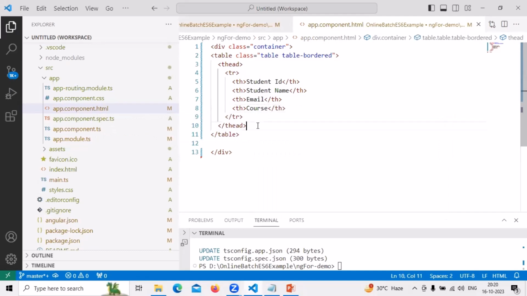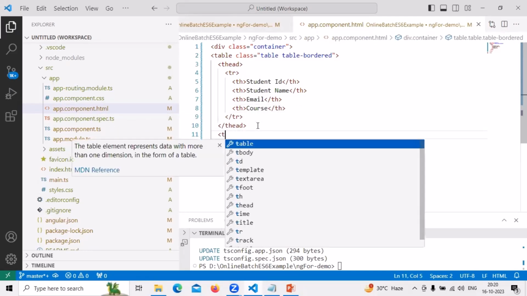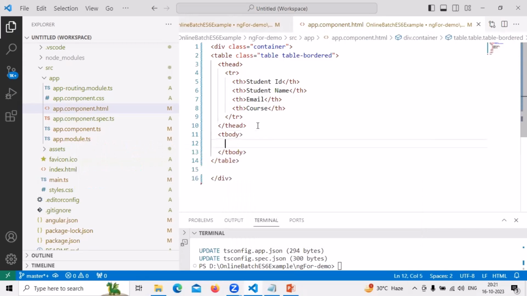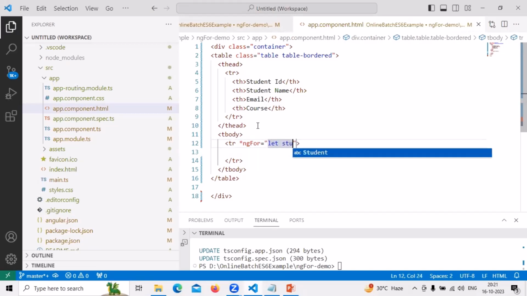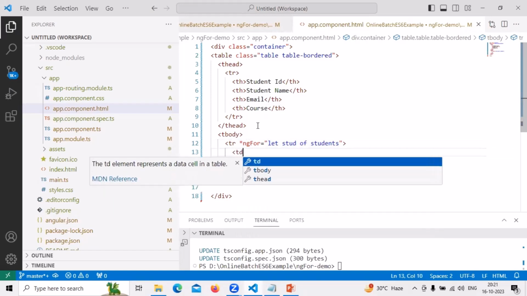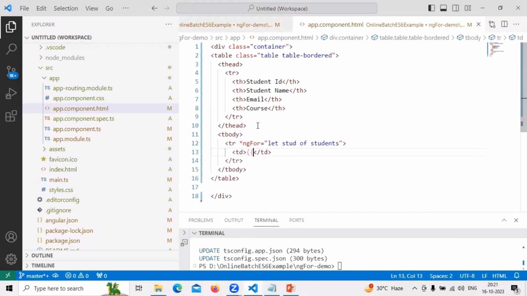Okay, then to define the data we have to use the tbody, and here we need to use the tr. To read all the data of the array, we have to use asterisk ngFor equals to, we need to declare the variable let stud of students, the array variable name is students. Then we are going to define the td element, and here we are going to define the data with interpolation tag stud.id,